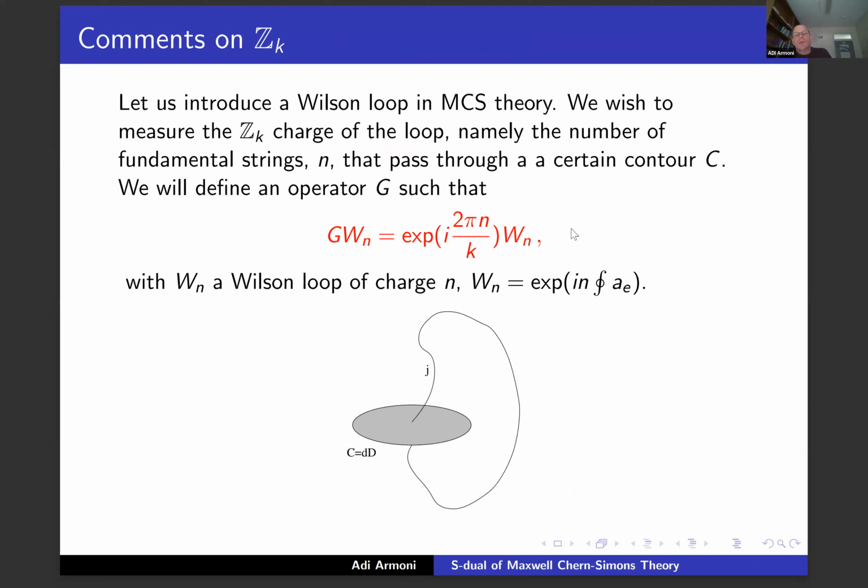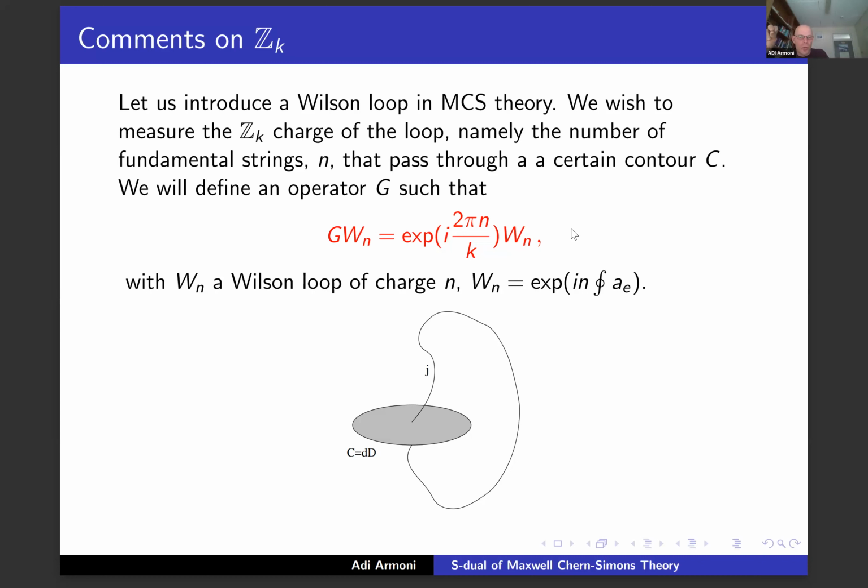So now I would like to come back to the issue of the ZK, the one-form symmetry. I'd like to consider the generator of this symmetry. I want to define an object G such that when I act on a Wilson loop, it essentially tells me the k-ality, or how many fundamental strings